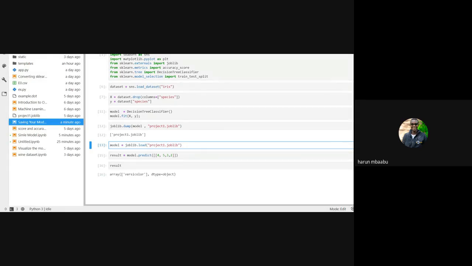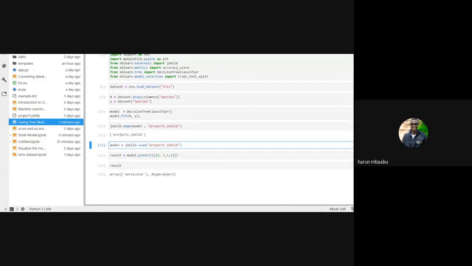Then the other thing is that joblib comes with another method called load. The load method in joblib is used to load our saved file. It's like when you write a Python function to calculate the average of a student's marks, save that file, import it in a new file, and use it to calculate the average of marks of another student taking similar courses.